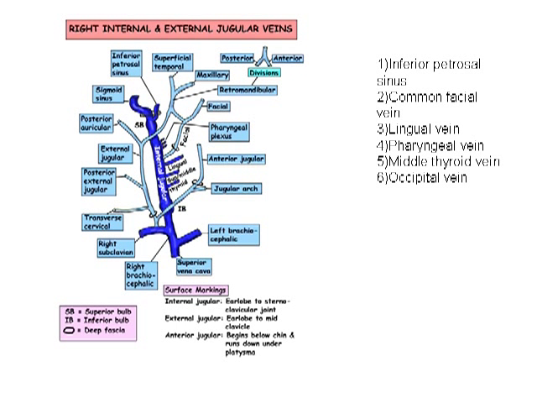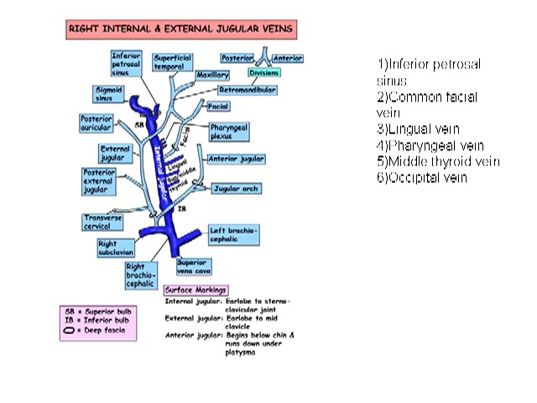The internal jugular vein is the largest vein in the neck. It drains blood from the brain and the superficial parts of the face and neck. Its course corresponds to a line drawn from a point immediately inferior to the external acoustic meatus to the medial